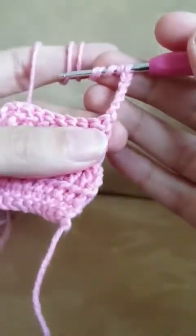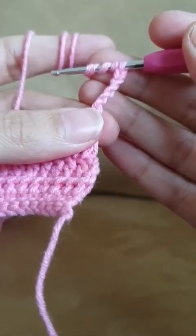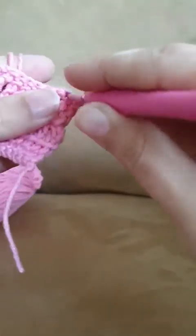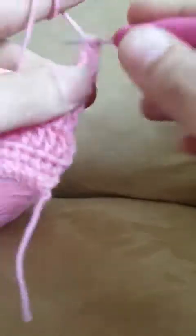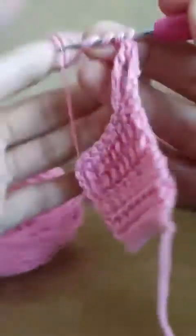Double treble is made by yarning over 3 times and then inserting the hook into the stitch, yarning, pulling up a loop. Now I have 5 on the hook. I will yarn over and pull through 2, yarn over, pull through 2, yarn over, pull through 2, yarn over, pull through 2. Okay, so simply it's the same idea,